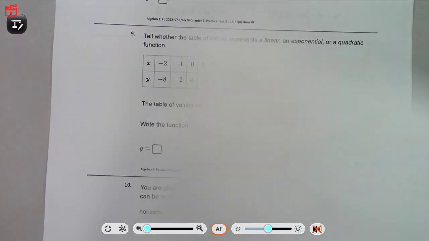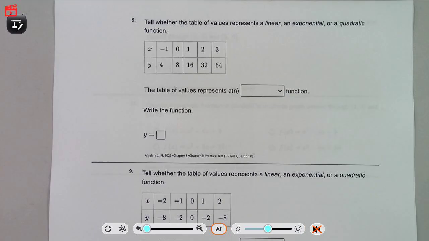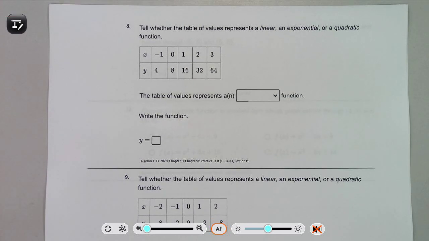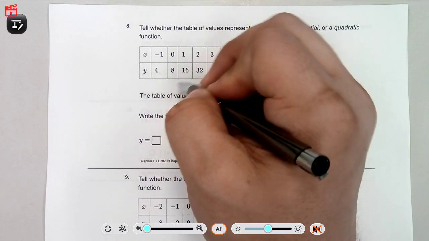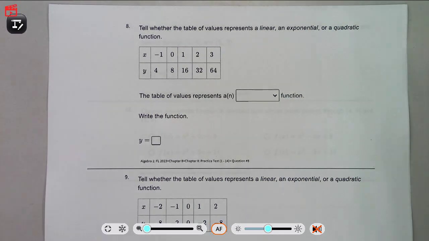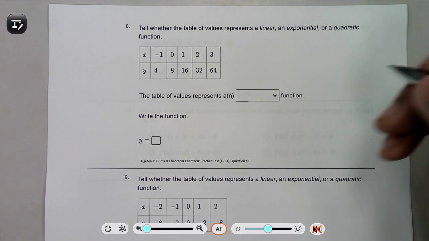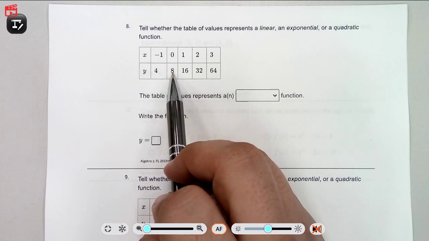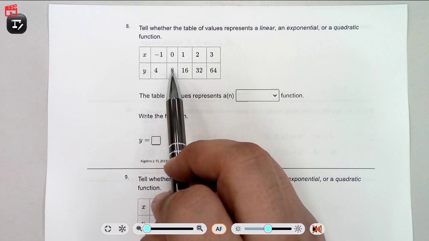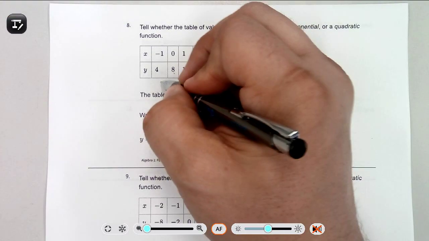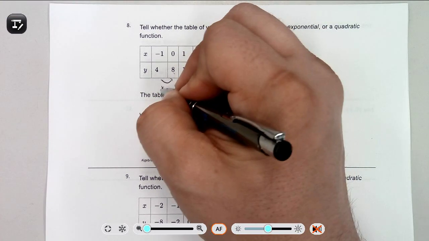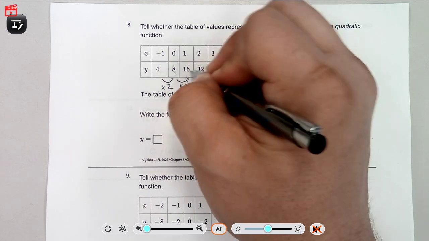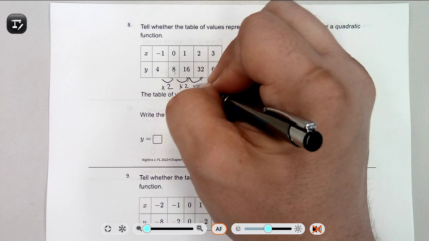On to number 8. All right, we have to determine whether the table represents linear, exponential, or quadratic. First thing I'm going to check is if I have a constant rate of change or a common ratio, because that's the easiest to see. All right, 4 to 8, that's an increase of 4, or it's multiplying by 2. 8 to 16, well, that's multiplying by 2. So this is times 2. That's times 2. 16 times 2 is 32, and 30